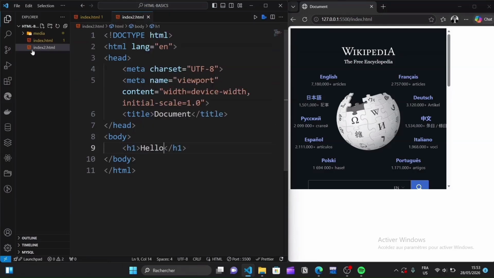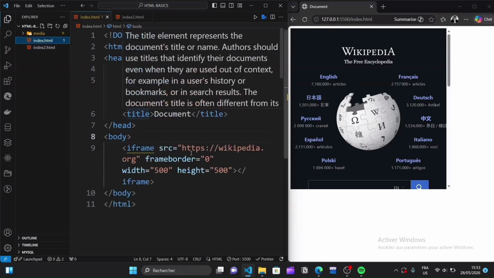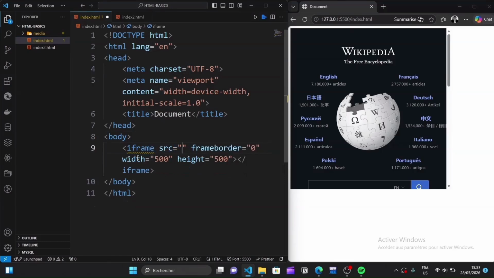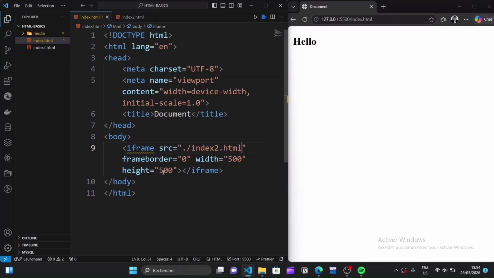And now we are going to embed index2.html as an iframe in index.html. So in my src, I will remove this URL here, and then I'm going to write a full stop and a forward slash to select a file within my current directory, and I will choose index2.html. And now if I save this, index2.html is going to be used as an iframe inside index.html, and that is why we see the content of